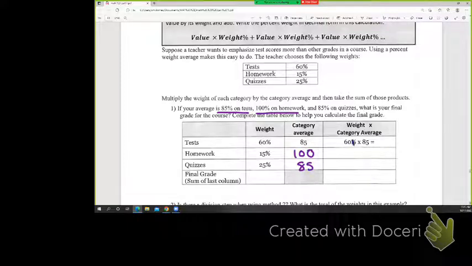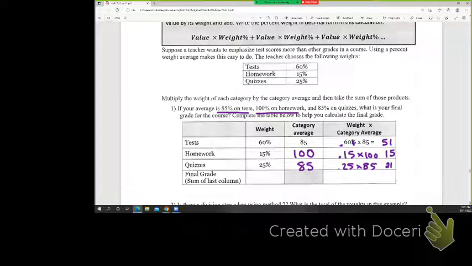Personally, I would write 0.6 times 85; you could do a proportion also, but just changing it to a decimal. 0.60 times 85 gets us 51. 15% of the 100 is 15. And 25% of 85,